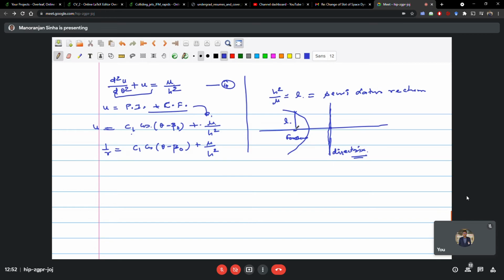The distance of any point on this trajectory, the conic section, from the focus, divided by this distance to the directrix, is always a constant. This is the property of a conic section. Anyway, we will come to this solution in the next class. Here we have got the solution in this format.